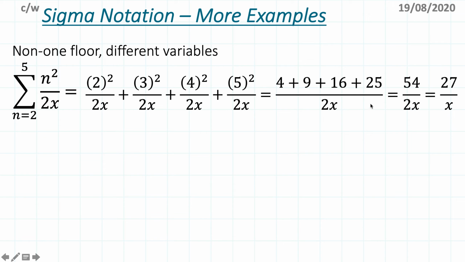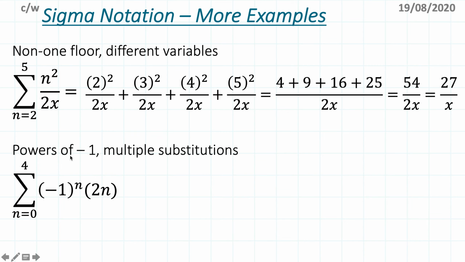So it is fine to end up with a variable or an unknown value here. It is okay, just making sure that you substitute only the value that's mentioned in the sigma notation, and they always tell you the value. There's no sigma notation that starts with just a number here, unless it's made clear from the beginning what has to be substituted. Now, for powers of -1, or when you have multiple substitutions, so I'm combining different situations here